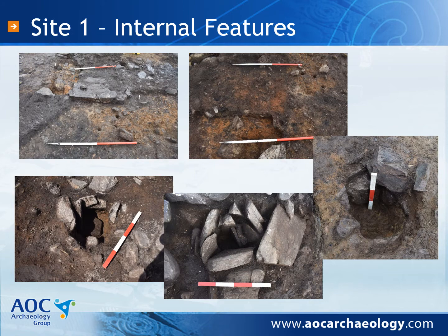slab, laid in the middle. It, when found, was fractured, but presumably originally had been one larger stone, although that's perhaps conjecture. And above that, immediately laying on top of that stone, were some very, very shallow deposits of charcoal. Below that, there was a phase 1 hearth discovered, that second picture at the top there, which didn't appear to have been lined with stone or anything, but the underlying deposits appear to have just been